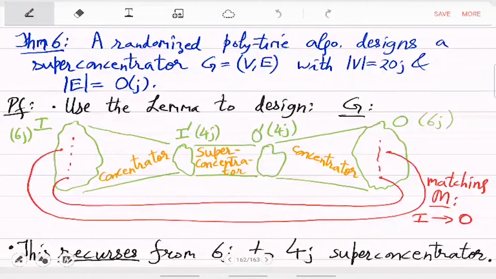So, what this is doing is it is reducing the 6J demand of super concentrator to 4J. It is a 2/3 recursion, and then for some technical reason we also need new edges, direct edges from I to O. So, I to O, there are these edges that we are drawing which we call matching, just a bijection. So, identify with every vertex in I a unique vertex in O. So, you have this recursion from 6J to 4J,